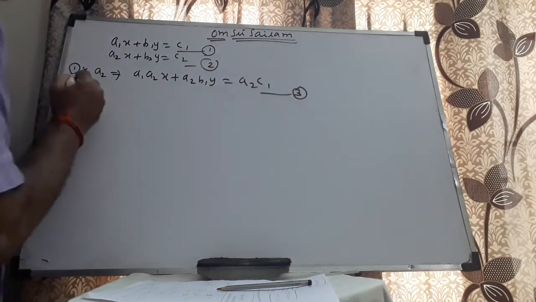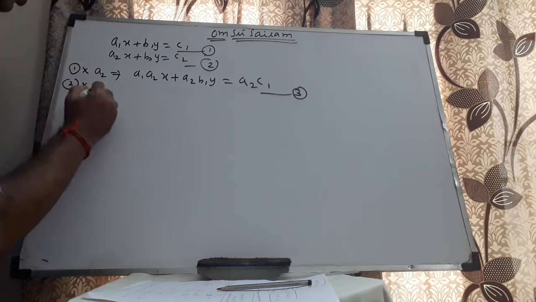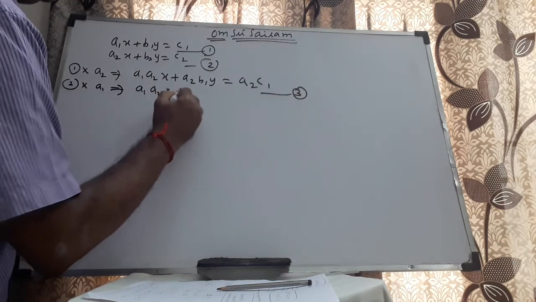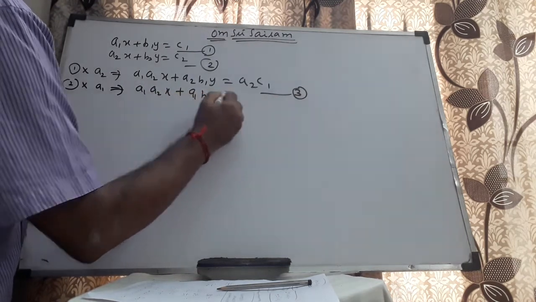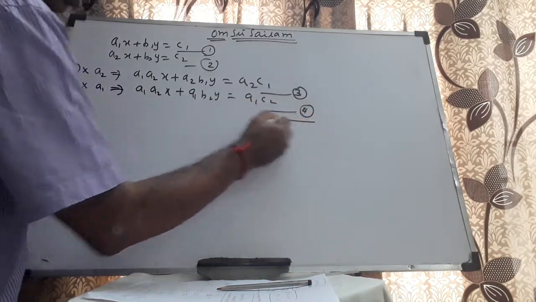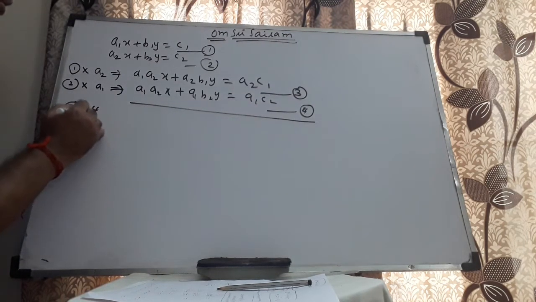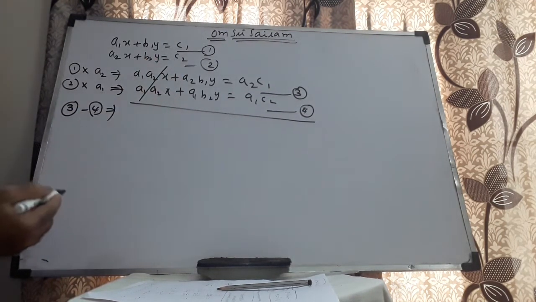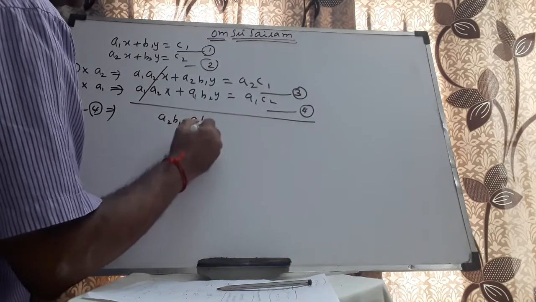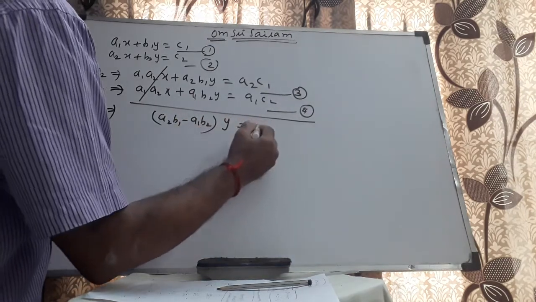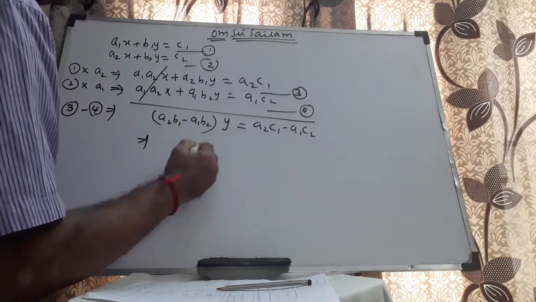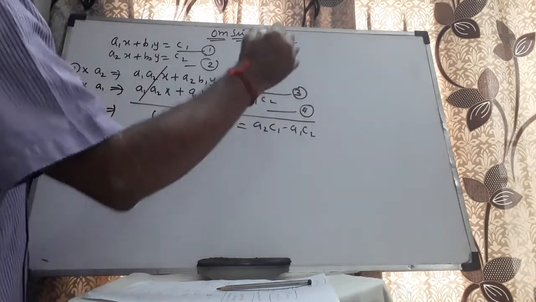This is equation 3. Now let me multiply equation 2 by a1 throughout. Now I end up with a1 a2x plus a1 b2y is equal to a1 c2. This is my equation 4. Let me subtract 4 from 3. This will anyway go off. Automatically a2 b1 minus a1 b2 into y will be equal to a2 c1 minus a1 c2, which will automatically imply y is equal to